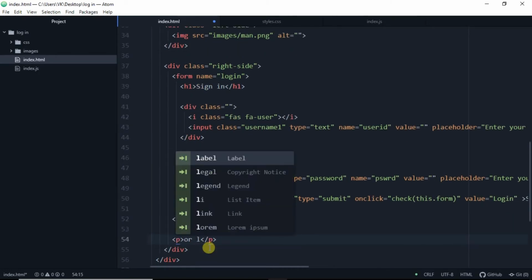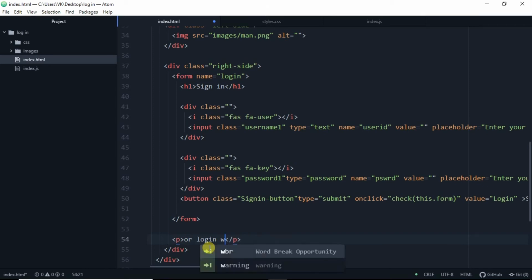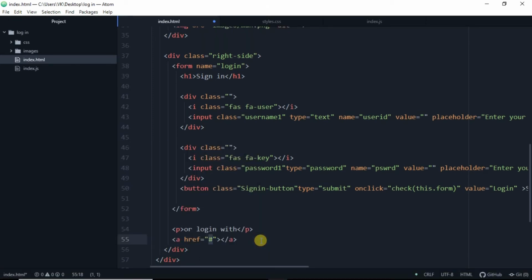Now we'll make a new paragraph tag for login with. Below that we'll need to add some social media icons. We start with an anchor tag and we'll give it a class. The href will be facebook.com.